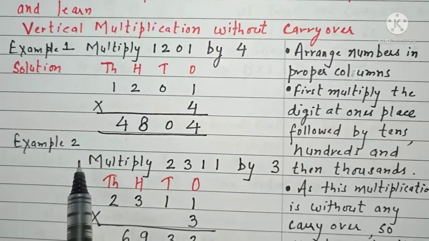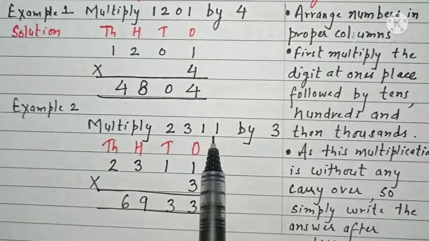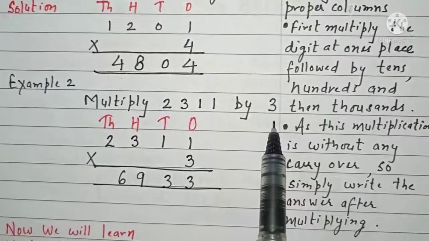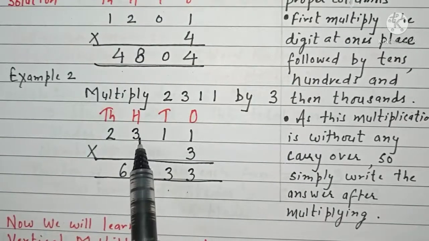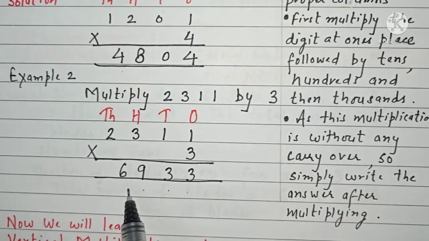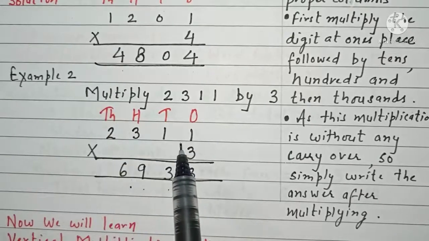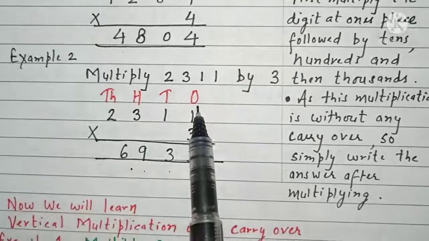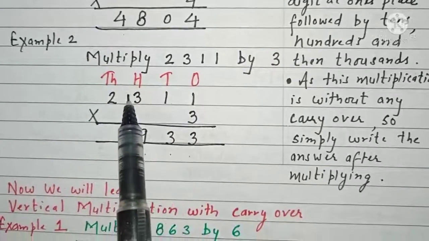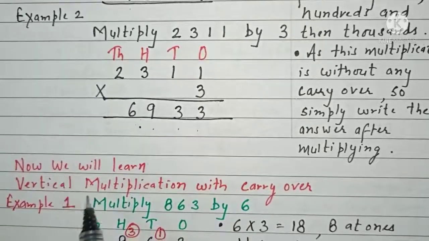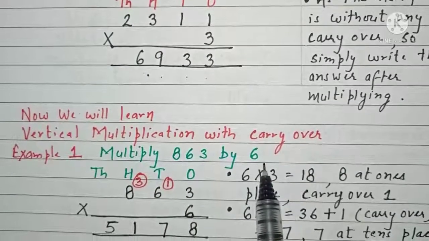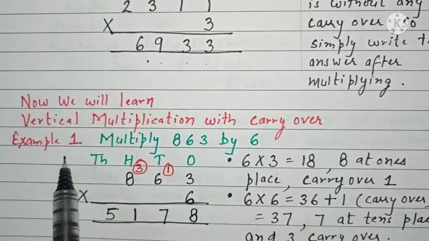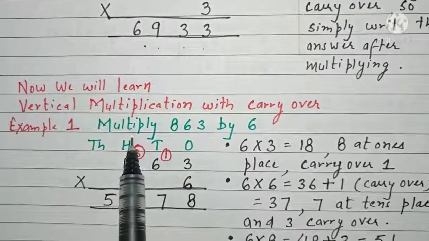Fine. Now in example number 2, we have to multiply 2311 by again a single digit number, which is 3. So 3 ones are 3, 3 ones are 3, 3 threes are 9 and 3 twos are 6. Just consider that you have to multiply by arranging the digits in proper columns. First multiply with the ones number, then tens, then hundreds and then thousands. Now we will learn how to do the vertical multiplication with carryover. Now you will be getting the carryover also. So as per example 1 of this type, multiply 800